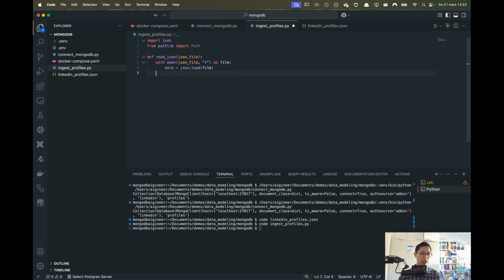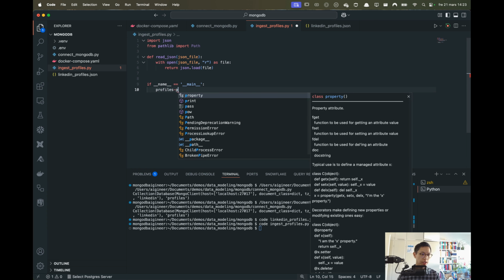And then return. We can actually put the return directly here. Return JSON data. So let's try this out. If __name__ equals to __main__, let's do like this. We need a path as well. So profiles path